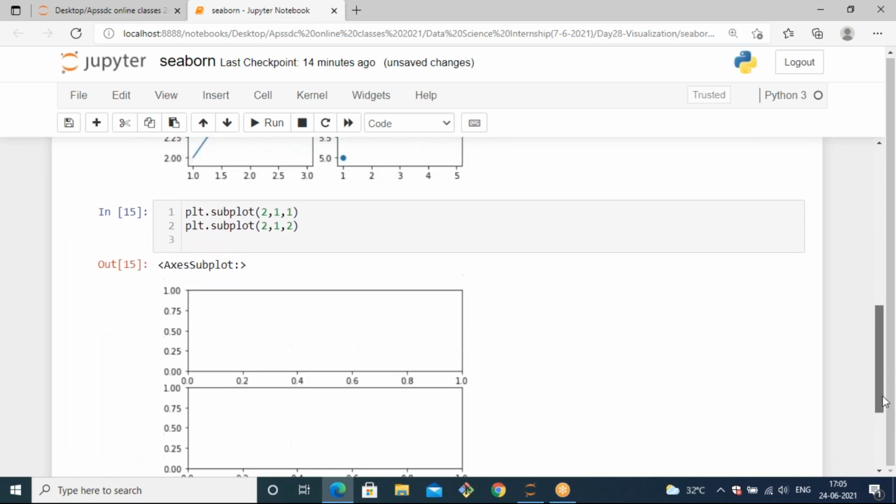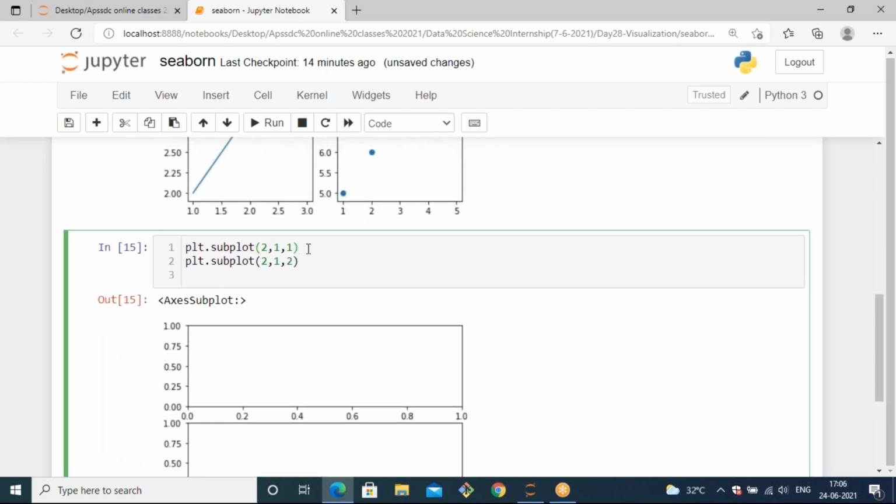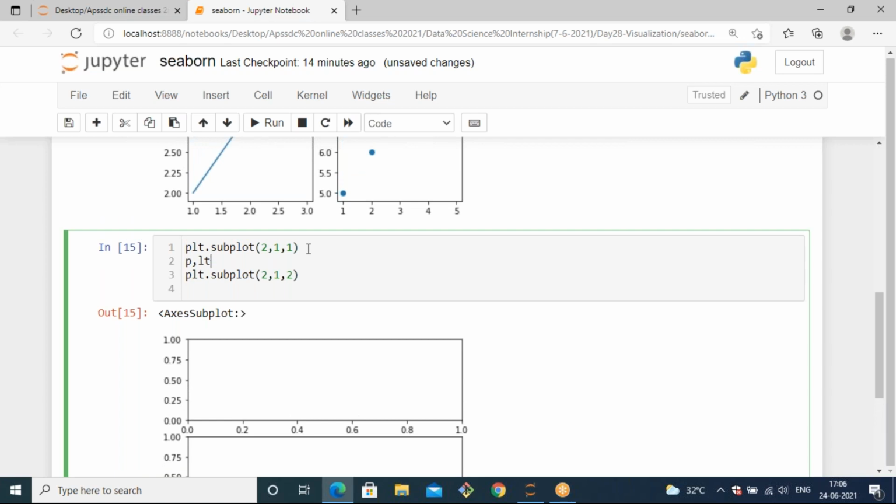Okay. Now, if I want to generate a subplot, a kind of bar plot here, so plt.bar, there you can specify the values that you want to generate. Here, I mention a list of values like x, y, and then z.